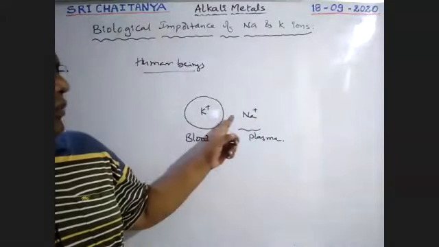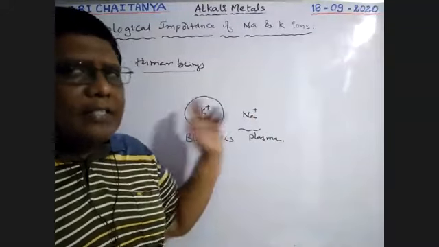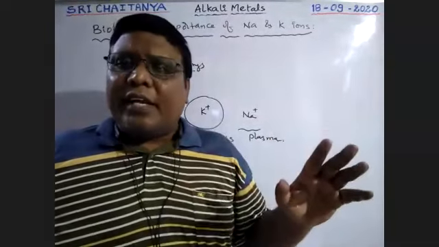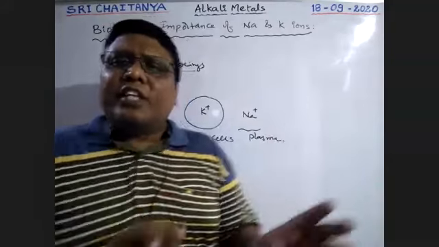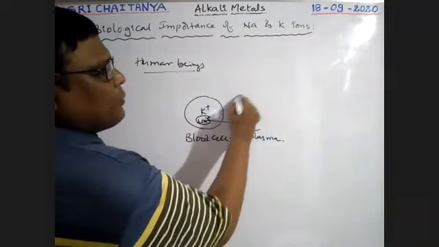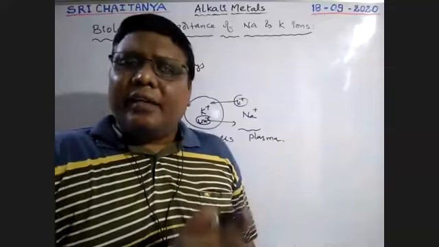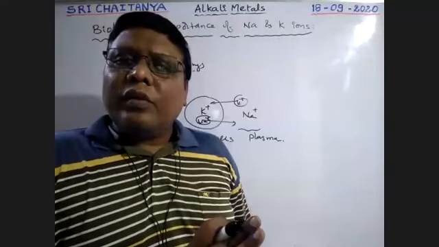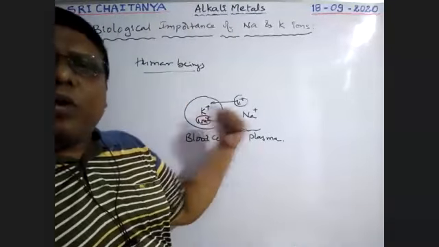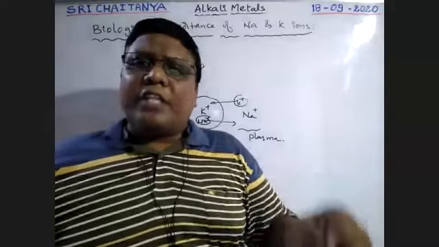Next, some potassium ions may increase inside the cell, and some potassium ions may increase outside it, but that is not an acceptable tendency. So those are interchanged. Sodium ions which are present inside are pumped out, and potassium ions which are present outside are pumped in. There is a pump that helps: inner sodium ions go to the outside and outer potassium ions to the inside, which is called the sodium potassium pump.